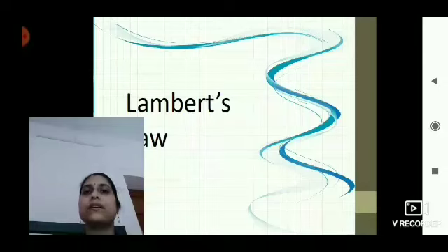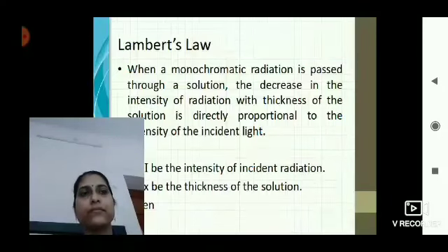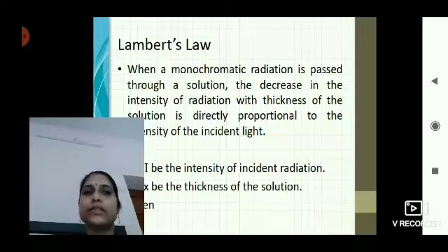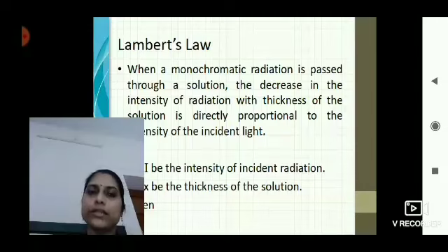So what intensity this particular compound has absorbed is studied in UV visible spectroscopy. For this we have to know about the Lambert law and the Beer law. What does the Lambert law state? When a monochromatic radiation, meaning radiation which consists of only one wavelength of light,